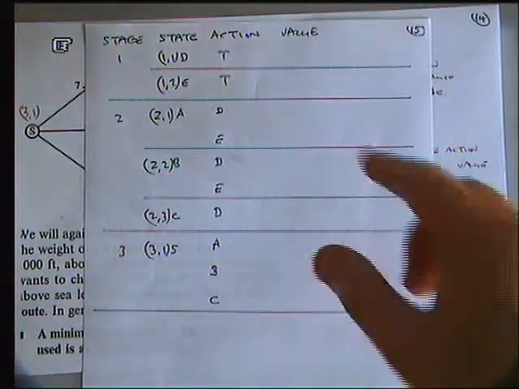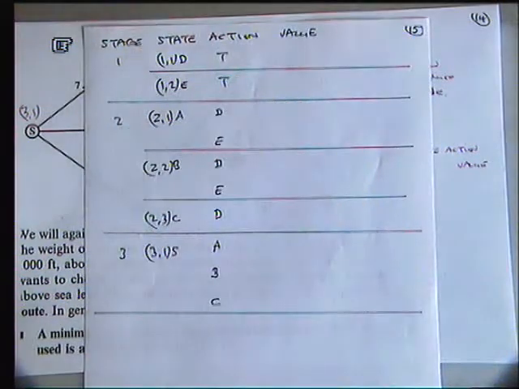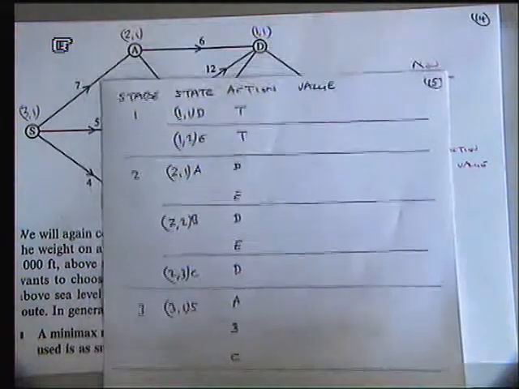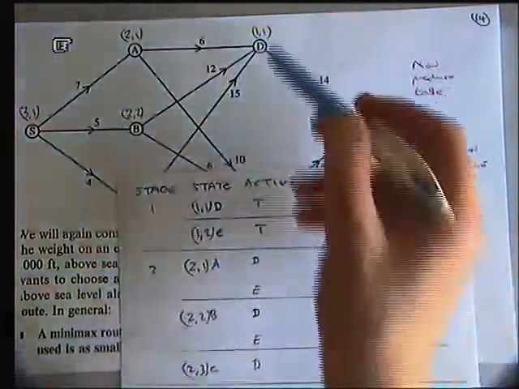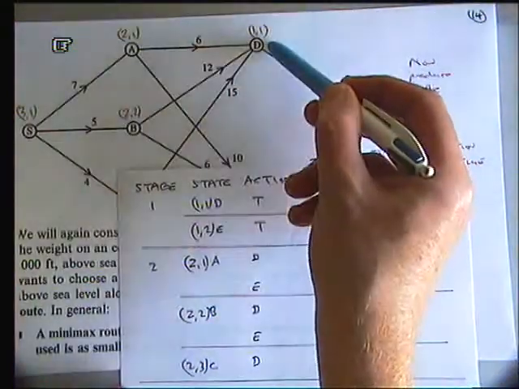Should look like this. You've got 3 stages in your table. Sometimes you've just got 1 state, sometimes you've got 2 states, then here you've got 3 states. What I want to go through now is starting to complete the table. So first of all, if you're at D, which is 1, 1 up here, which is where you start, the